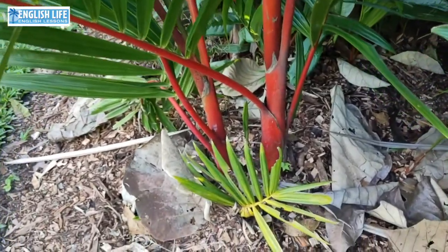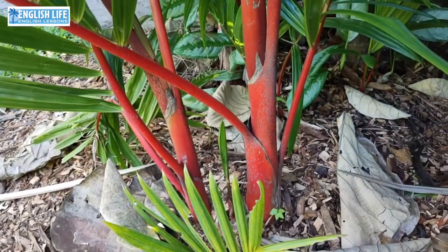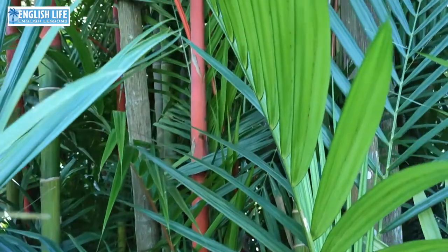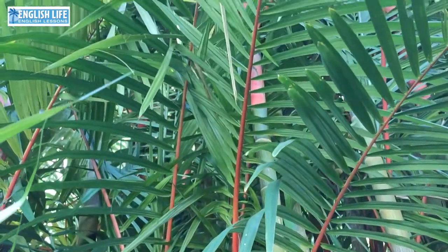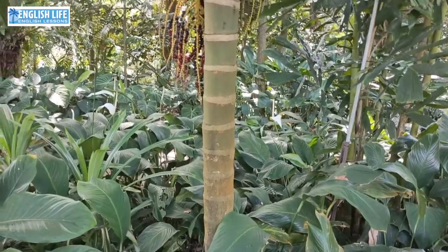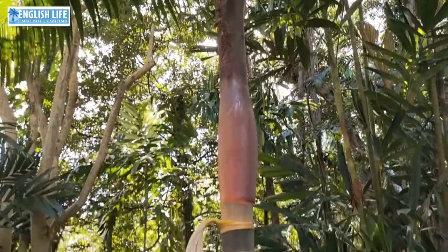So obviously, because of this bright red color, it's called lipstick palm. Very popular in parks and gardens around Cairns. Another palm. I don't know the name. I'm sorry. But quite